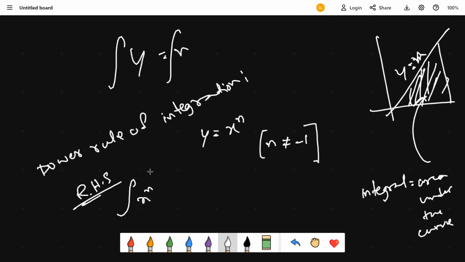X, and that n is simply the power. N is not a variable. N is some numerical number. So n could be 1, 2, 3, 4, 5, 6, 7, 8, 9, 10, 0, anything. But n is not like a variable. N is simply a numerical number, any numerical number, but x is a variable where